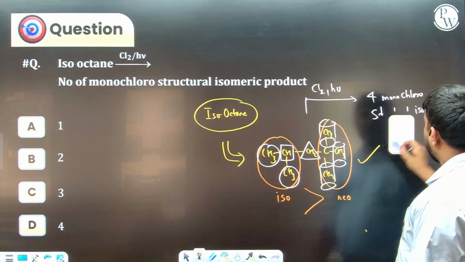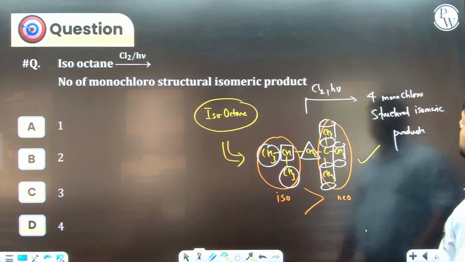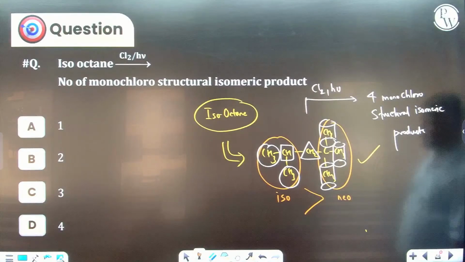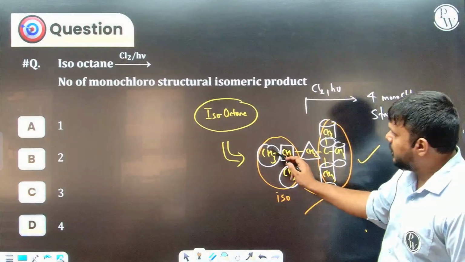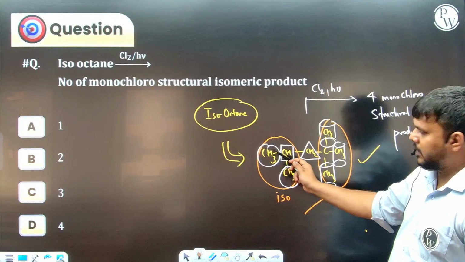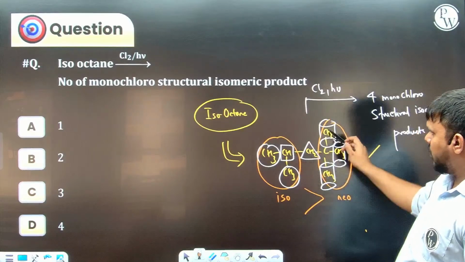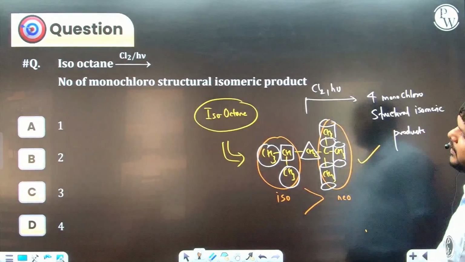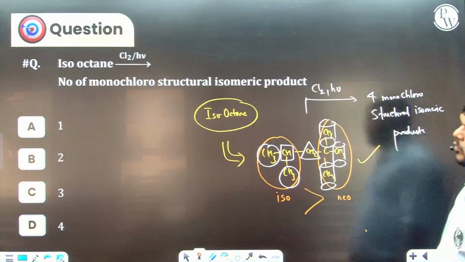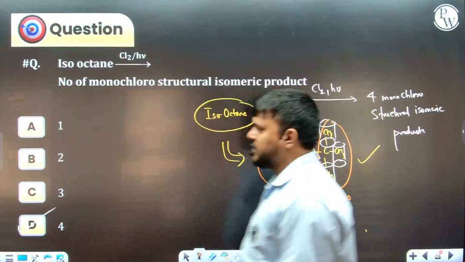Okay, are you getting? These are 4 monochloro structural isomeric products obtained over here. One will be the one where chlorine is substituted for hydrogen from here, or here, or here, or any one of the 3. Okay, so total 4 monochloro structural isomeric products will be obtained over here. The answer will be option D. Okay,